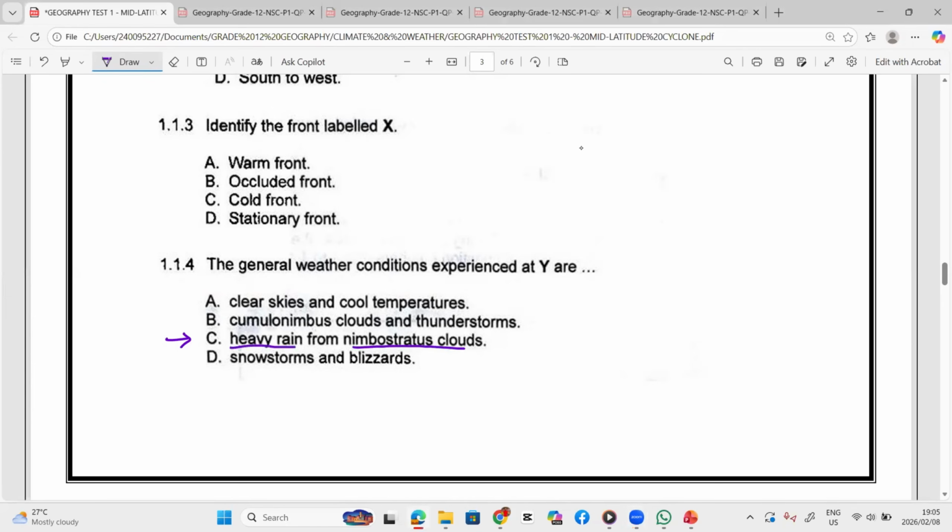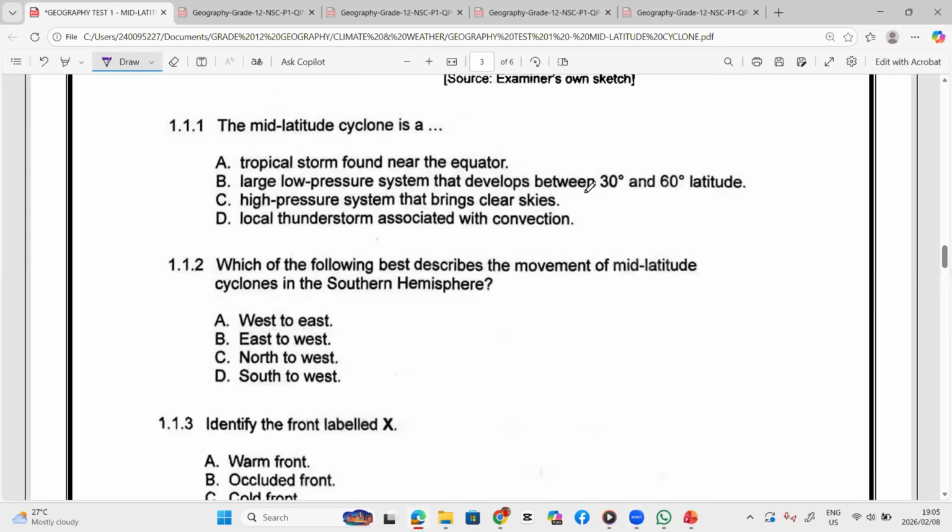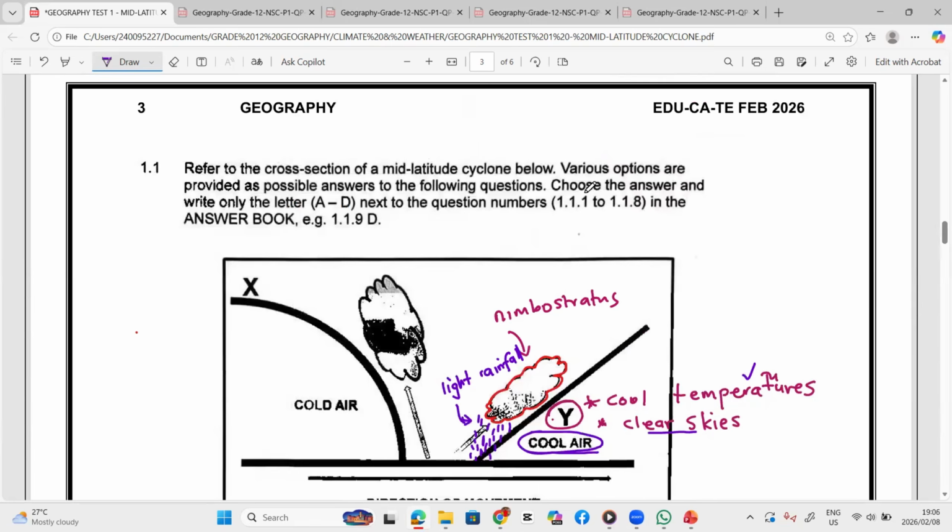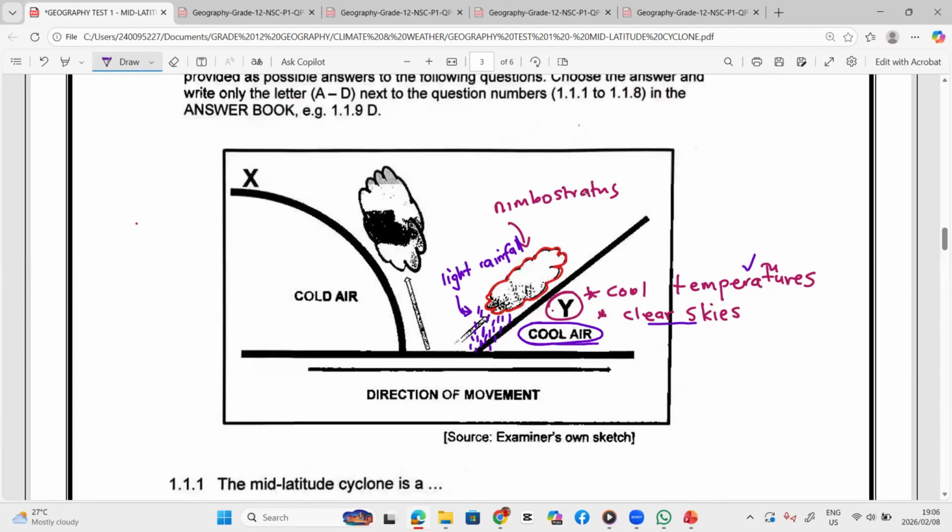This is contradictory, right? We cannot have heavy rainfall from nimbostratus clouds. So the only option you can take is A, because it tells us of the region ahead of the warm front that has cool air, resulting in cool temperatures as well as clear skies, since the cool air cannot rise and form clouds.